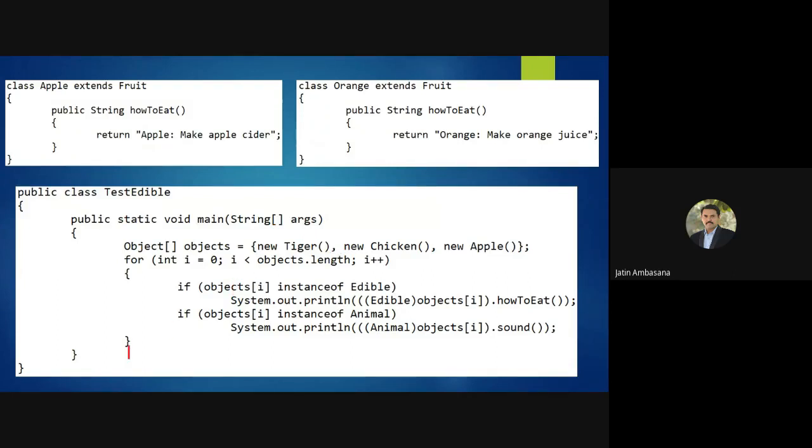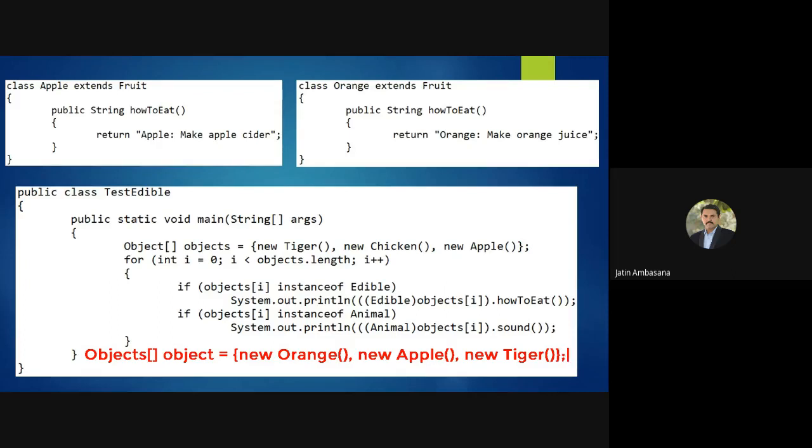Now tell me, which if would get executed if I make some object array like this. Object array of objects is equal to new Orange, then new Apple, and then new Tiger.